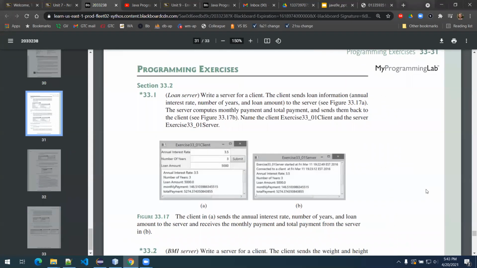And we're going to create this program called Loan Server. So exercise 33.1. It says, write a server for a client. The client sends loan information, annual interest rate, number of years, and loan amount to the server. The server computes the monthly payment and total payment and sends them back to the client, and name the exercises